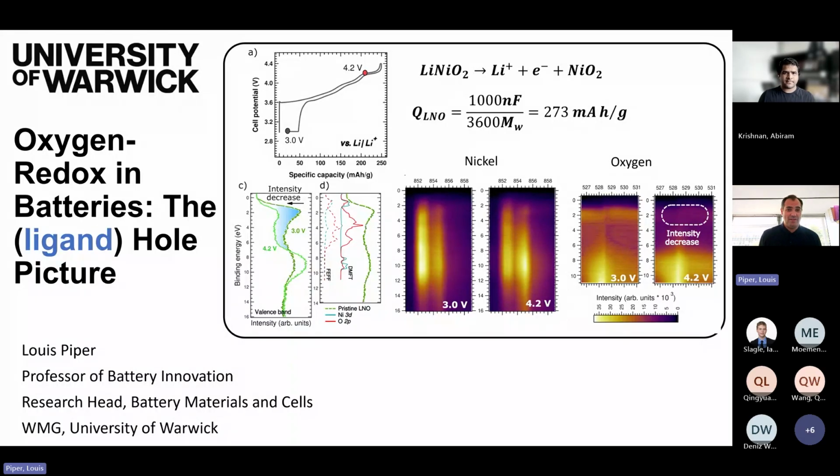Today I've tried to do a play on words with the fact that we'll be talking about oxygen redox in lithium-ion batteries and related sodium-ion batteries, and I've called the title the whole picture linked to the ligand hole picture. One of the things I try to do with slides is show on the first slide essentially the key result. Essentially what I'll be talking about is using very fancy techniques like resonant photoemission spectroscopy to simply look at where the electrons that we use as our current in electric vehicles, coming from our battery materials, originate from